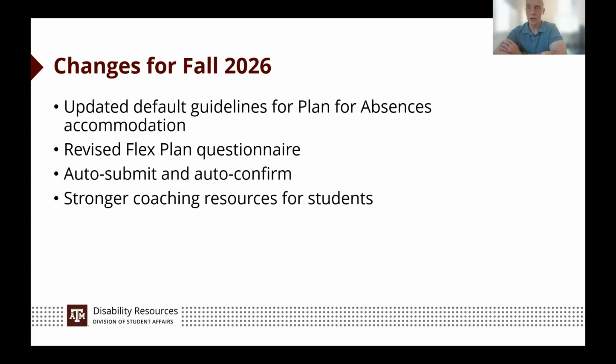Why is that difficult to operationalize? Double the number of absences listed in the syllabus. Well, what if your syllabus doesn't list a number of absences, right? And so there isn't a number to operate. There's not a number to double. What about this accommodation? It's excused absences. Well, most of the time we list unexcused absences. I don't know anybody who's listing a number of excused absences.